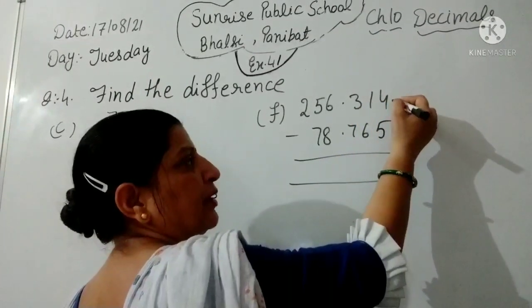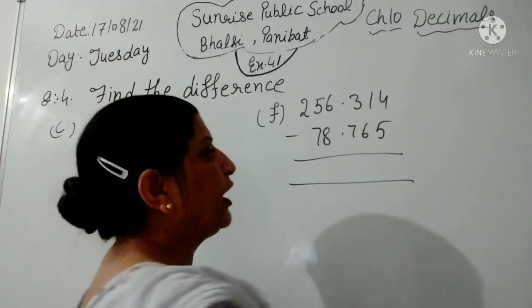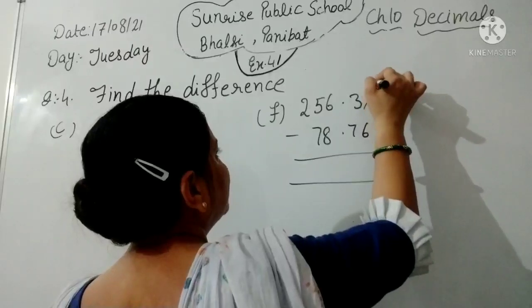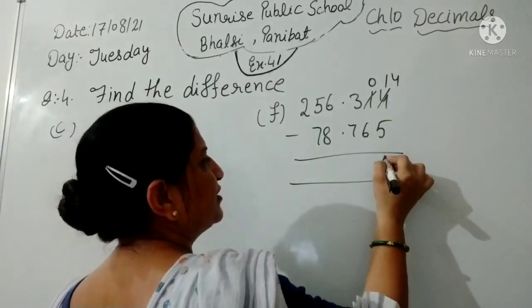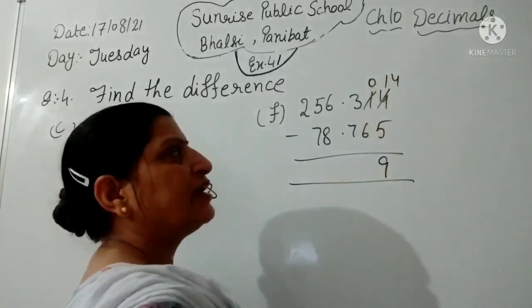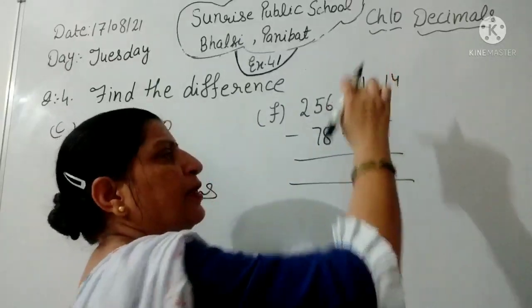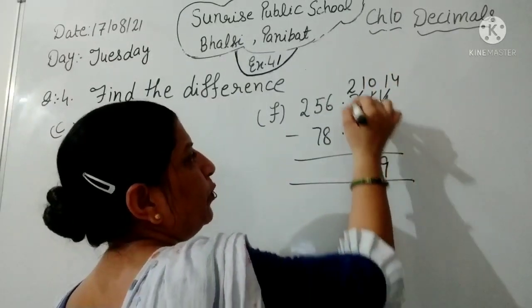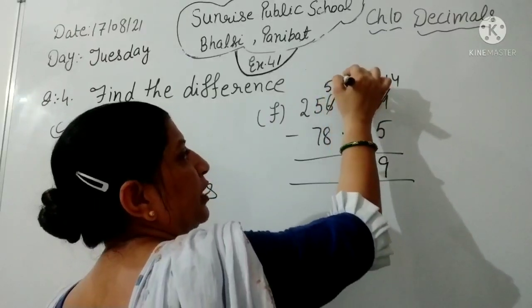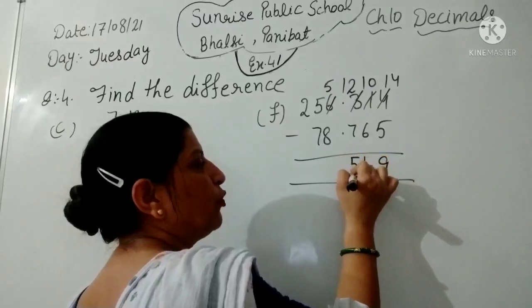Now we do one more question of this type. Here the number is a 4. 4 में से 5 subtract नहीं हो सकता, so we have to take borrow from this number. Now this number is 0 and this number is 14. 14 minus 5 that is equal to 9. 0 में से 6 नहीं जा सकता, so we take borrow from this. Now this number becomes 10. 10 minus 6 that is equal to 4. Again we take borrow. This number becomes 12. 12 minus 7 that is equal to 5.